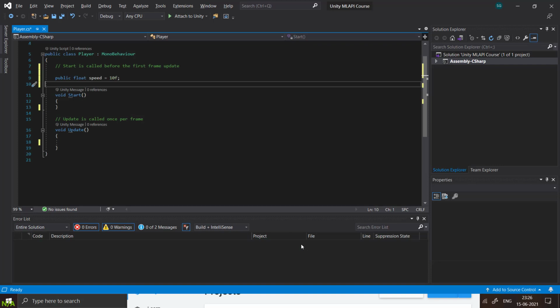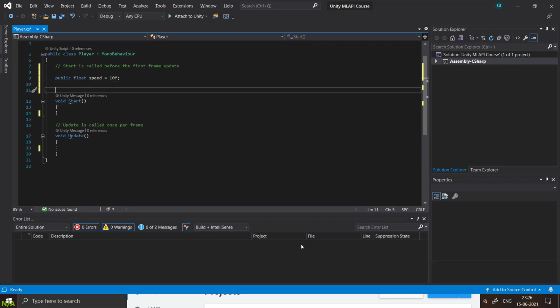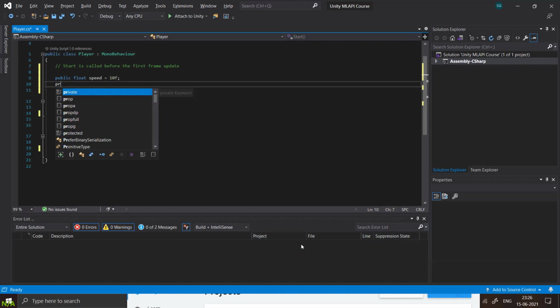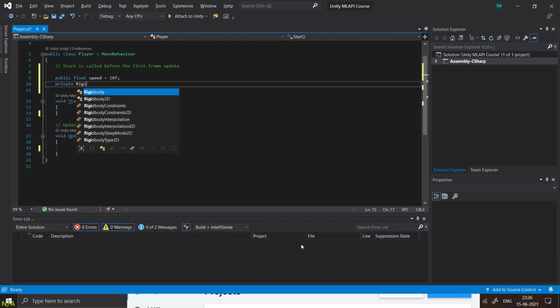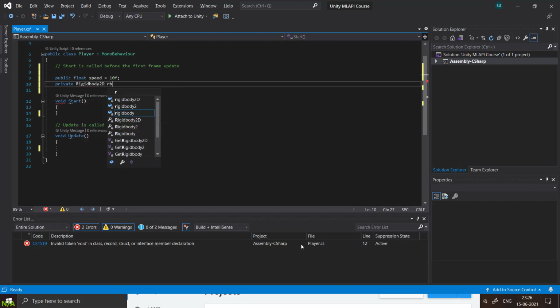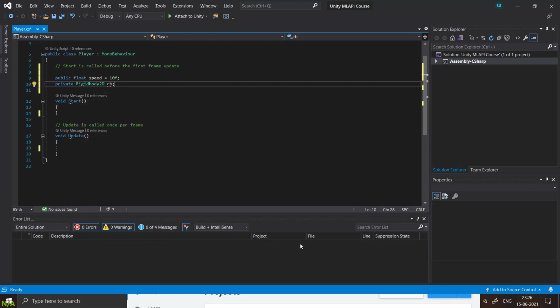Now we will go to the script. We will write private Rigidbody2D rb.